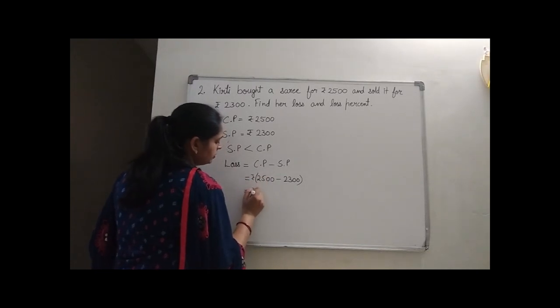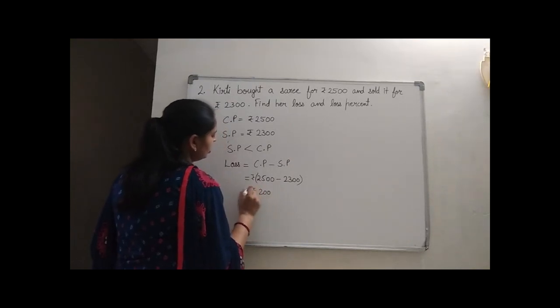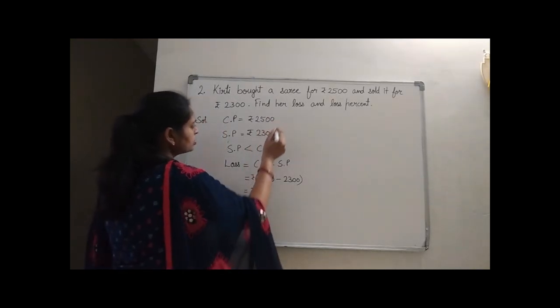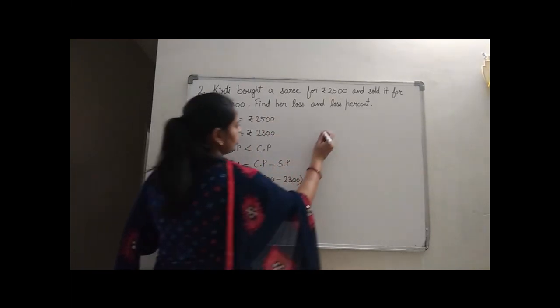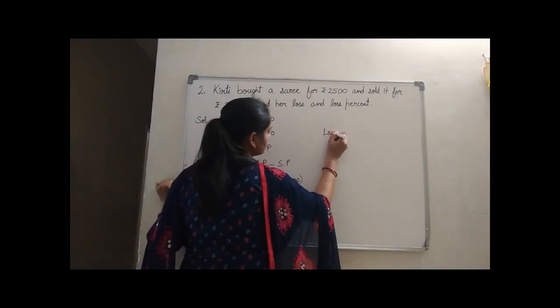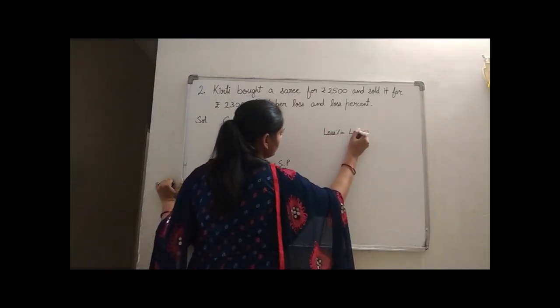Now see, the difference between 2500 and 2300 is how much? 200. So 200 loss she is bearing. They are also asking for the loss percent, and loss percent is equal to loss upon CP